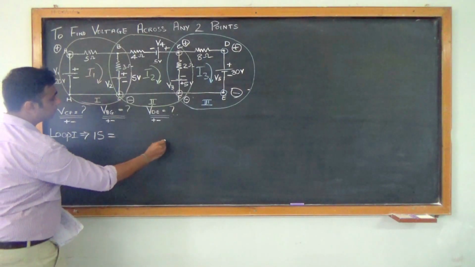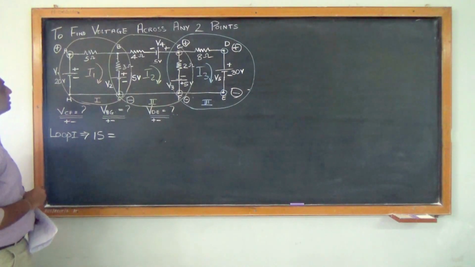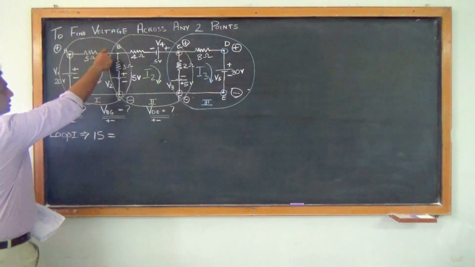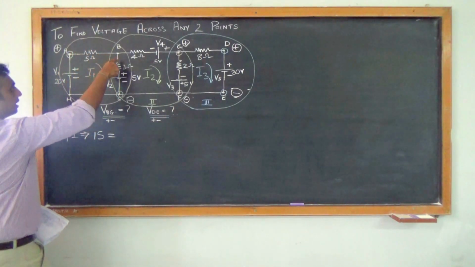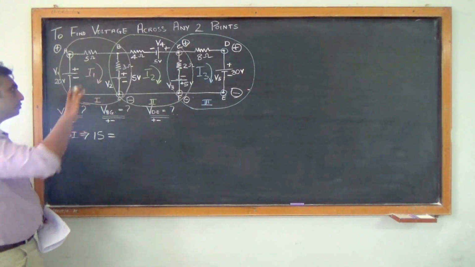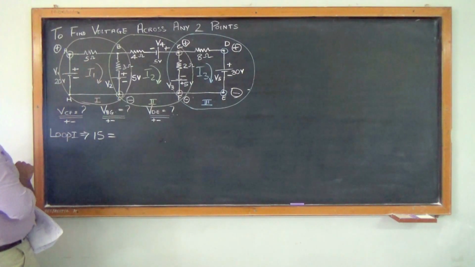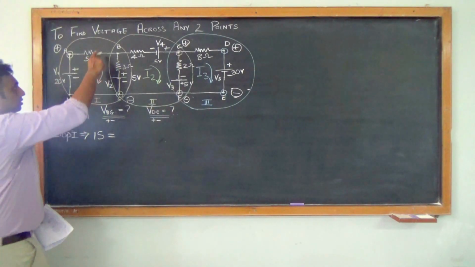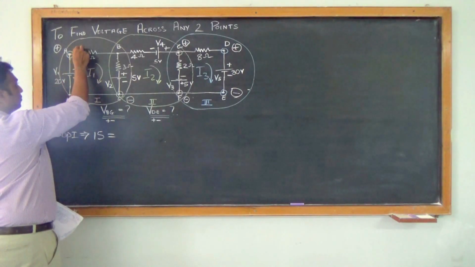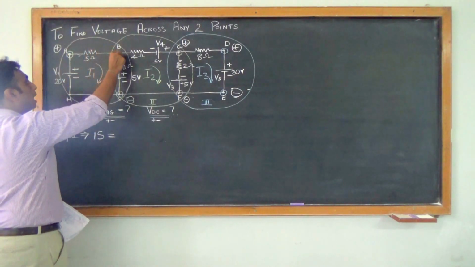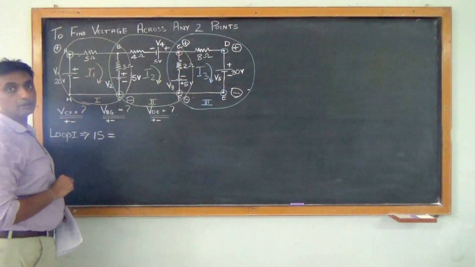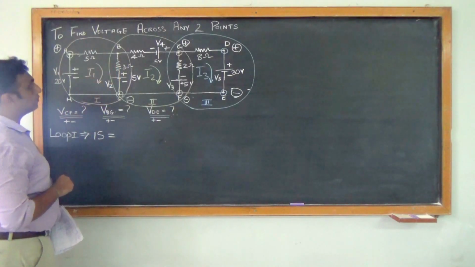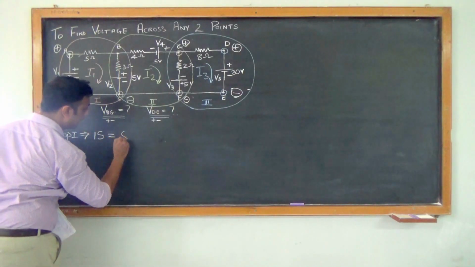Now we have to basically find out the voltage drops in this circuit. Now, how many resistors are there? We have a 5 ohms resistor in this loop 1, and we have the 3 ohm resistor in this loop 1. You have to only take with regard to loop 1. So we have 2 resistors, 5 and 3. But I1 is flowing in 5 ohms. As we see, I1 is flowing in 5 ohms, and a part of I1 is even flowing in 3 ohms. So basically I1 is flowing in 5 and 3. So we add both the resistors. 5 plus 3 will give us 8